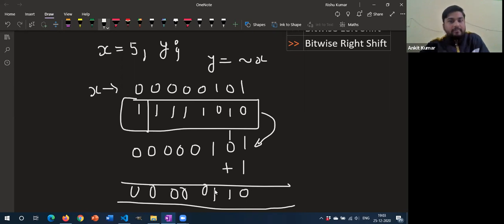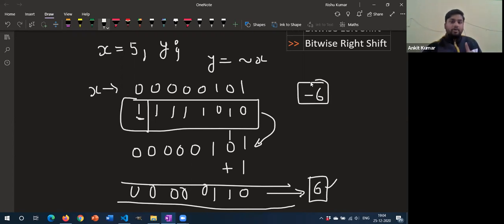Now let's calculate this binary form into decimal form. So it is 2 power 0, 2 power 1, 2 power 2. 2 power 2 is what? 4. So 4 plus 2 will get you what? 6. So this is equal to 6, value 6. And from the first step, when we did the complement the first time, we saw 1 on the most significant bit. It means the answer is going to be negative. So here we got 6. So your answer will be minus 6.